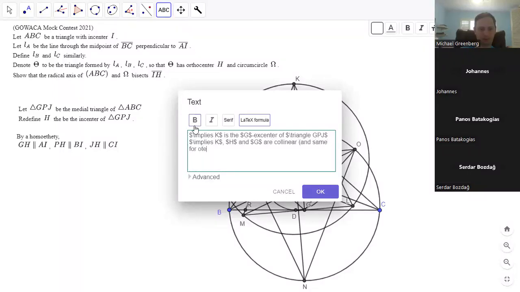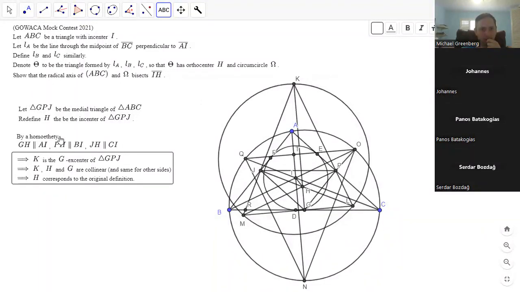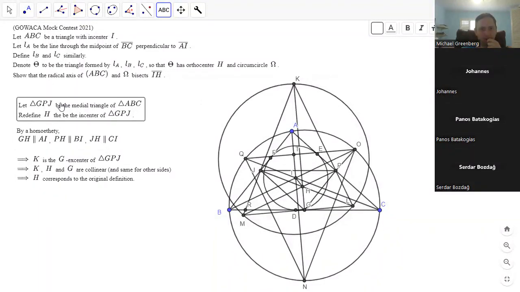Same for other sides. And this means that KH corresponds to the original definition. That's the first step. Okay. And then also